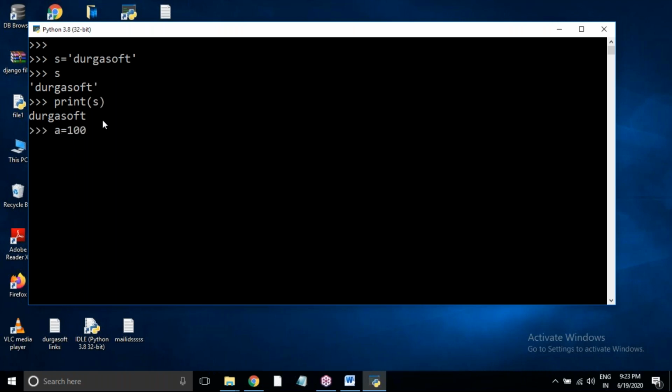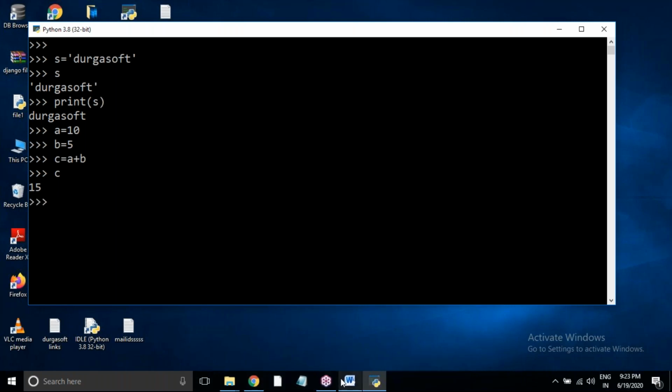And here I'm giving the values: a value 10, b value 5, c equal to a plus b, and then I'll say print c. So this is giving the result here. Every line is executed immediately, and then it gives the result. Like this we can check here.